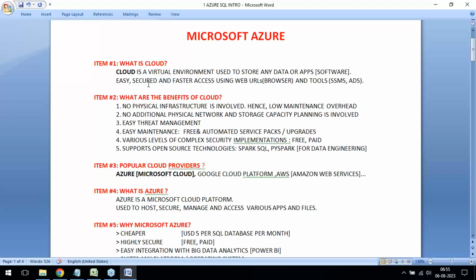Next, what are the benefits of cloud? You may ask me, why don't we stick back to non-cloud, traditional enterprise data hosting? Why go for cloud? Yes, no physical infrastructure is involved. For example, we'll be understanding how to create an Azure SQL server and host an Azure SQL database. It can be done within moments, just moments,